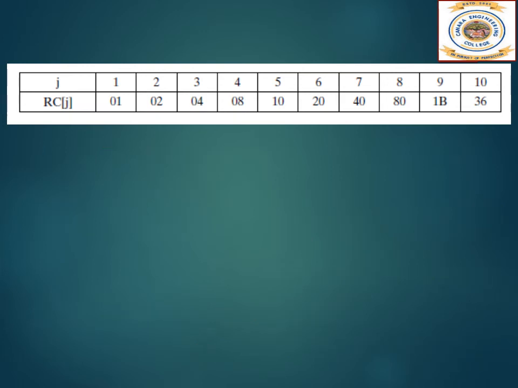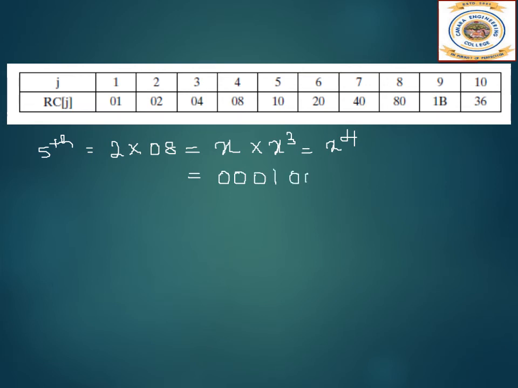Now we will see the fifth round. For the fifth round it is 2 into the fourth round. In the fourth round what did we have? We had 0 8. So the polynomial representation of 2 is x and for 8 it is x cube. So what do we get? This is x to the power 4. So how is x to the power 4 represented? 0 0 0 1 and 4 zeros, right? What is the hexadecimal equivalent? Here it is 1 and 0. So now for the fifth round we got 10.